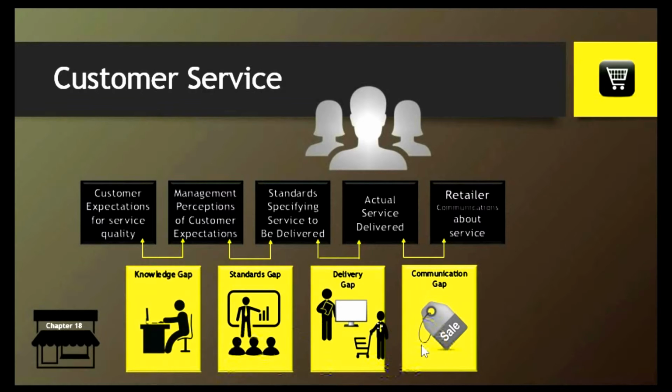There's oftentimes a communication gap between the retailer about services offered and knowing about those services. A lot of times a company will offer some really great deals, but if the customer doesn't know about it, they can't take advantage of that. So making sure that the customer is well aware of what is being offered is a great way to close these various gaps. Making sure that the service is 100%, that the employees are trained well, that we're doing our research on our CRMs, and that we know our customers well and can meet those needs in a timely manner.